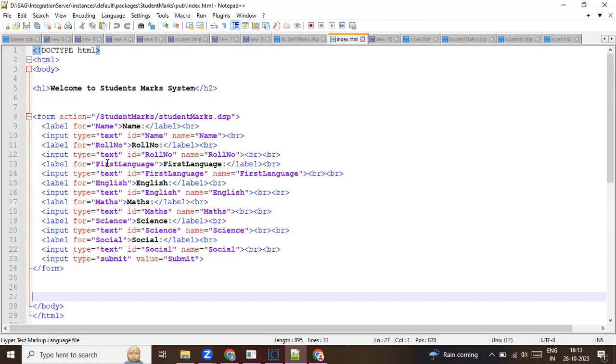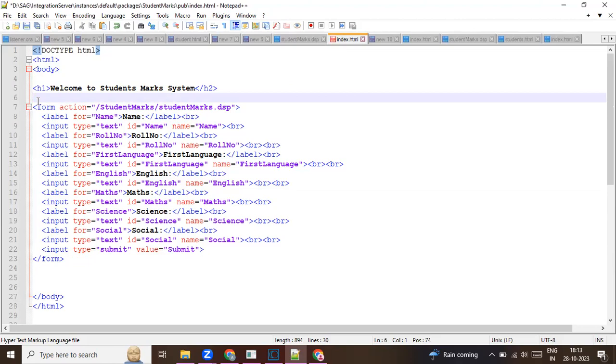The only thing extra that I've added is form attributes for this page in the index.html, where I said this is the name, roll number, first language, English, maths, science, social, and the last value is to submit all the data to the